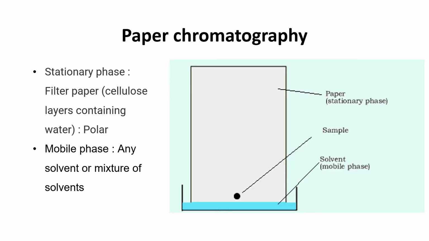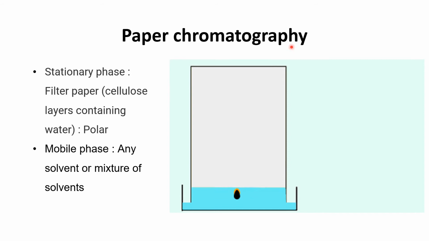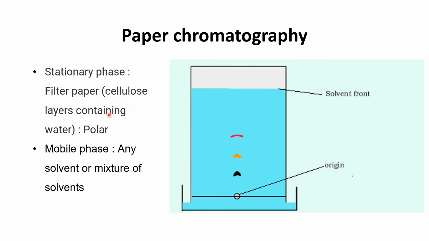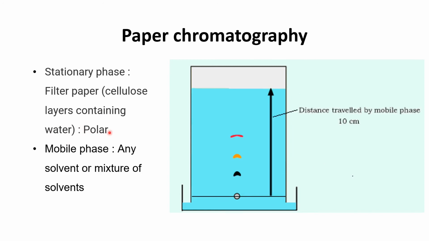The first type of chromatography is paper chromatography. As I told you, chromatography consists of a stationary phase and a mobile phase. For paper chromatography, the stationary phase is a filter paper, which is basically cellulose layers containing water. As it contains water, that is why the stationary phase is polar for paper chromatography. And the mobile phase is any solvent or mixture of solvents, which depends upon the type of sample which